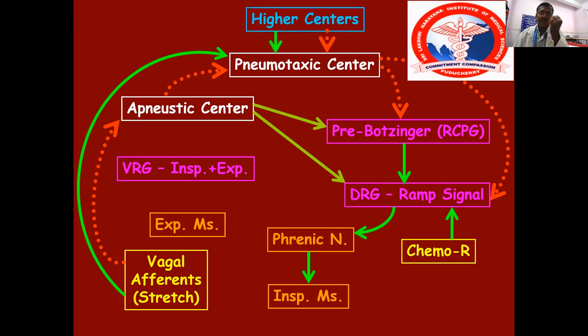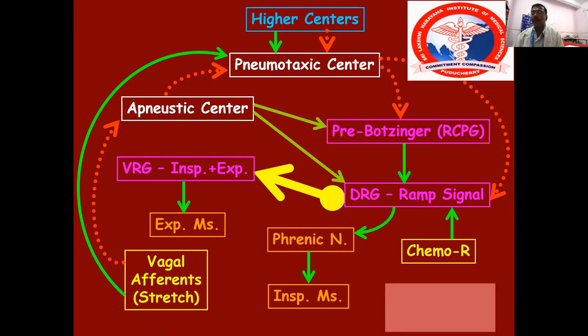So the higher centers, I already told, are the first centers and the major center. A quick response will be there. Rapidly, they can change the pattern of respiration, and it will get back to the original or normal respiration from the higher or lower. The dorsal respiratory group will exhibit the normal respiratory manner, and it gives the signals to the ventral respiratory group, which will cause the expiration through the inspiratory muscle, which leads to the expiration.